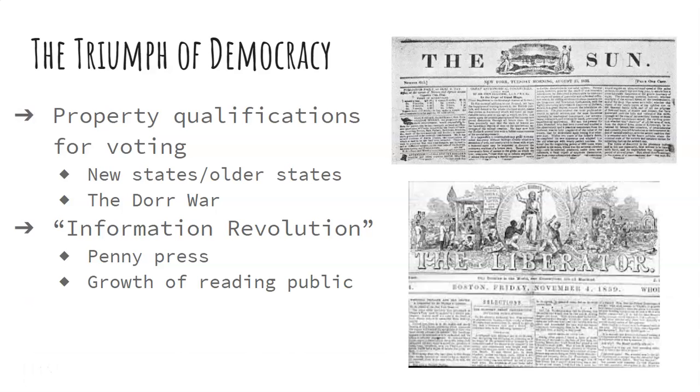The market revolution and territorial expansion were intimately connected with a third central element of American freedom, which is political democracy. The challenge to property qualifications for voting reached its culmination in the early 19th century. There was not one state that entered the Union after the original 13 states that required ownership of property to vote. And in a lot of the older states, they started to reconsider democracy's economic basis.